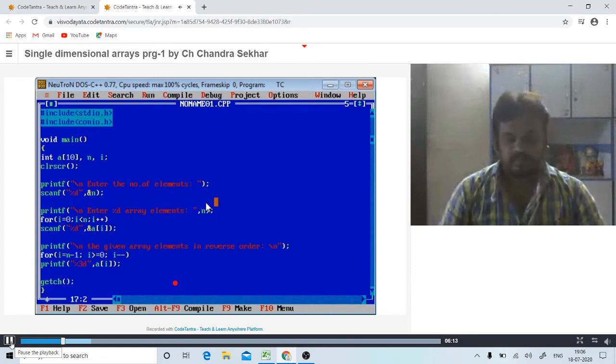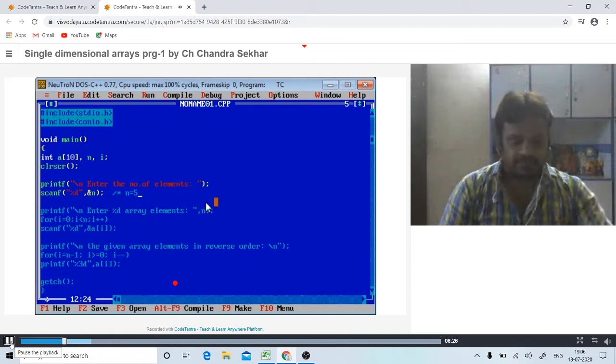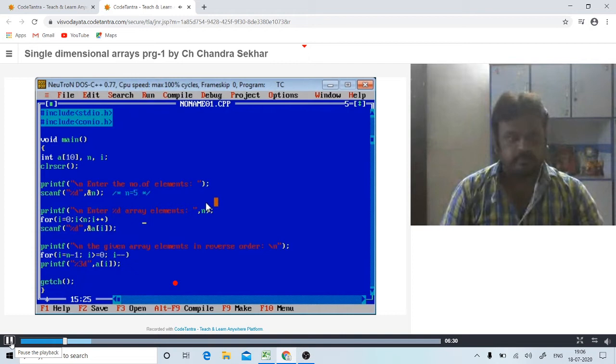Just assume if I run this program, first the system asks to enter the number of elements. I give the n value, assume 5. After that, the system displays the statement enter 5 array elements.